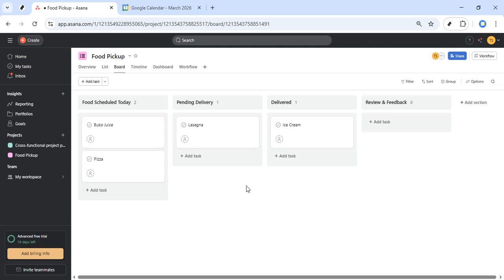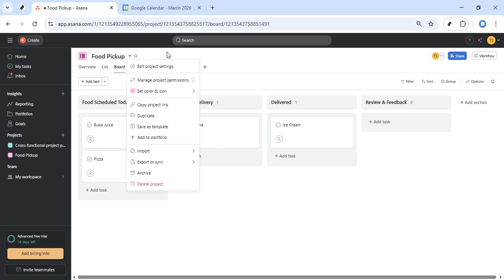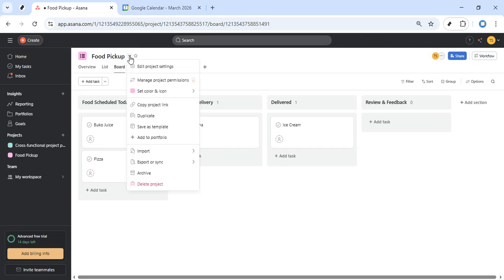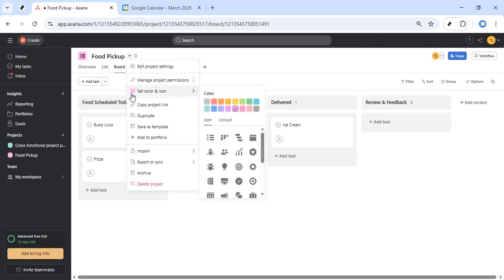Next, locate the small drop-down arrow or menu icon next to the food pickup project name. This is typically to the right of the project title. Click that drop-down to open the project options. This menu is where Asana keeps a lot of useful tools, including the one we need to connect your tasks